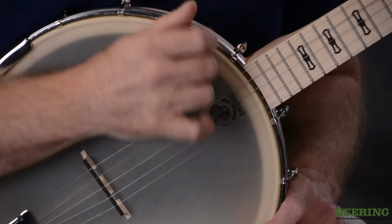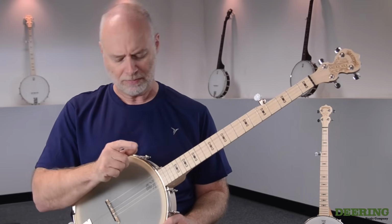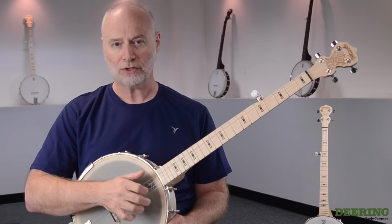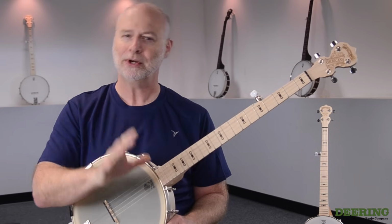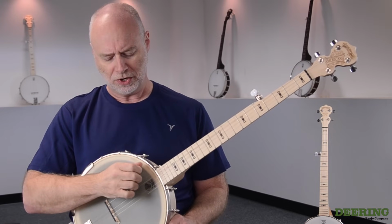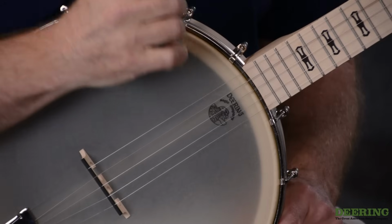So you want to brush and hold that string. Let's try this together, because what we want to do is get a feel for brushing across the strings and catching that thumb. This catching of the thumb is the most crucial part of clawhammer. That's part of why we're starting with it first, so we can get the hard part down. So let's try to do this together. We'll see if we can coordinate our efforts here. So here we go. Let's try a brush,